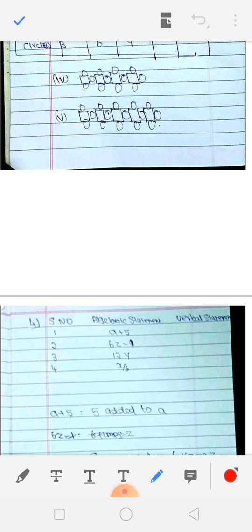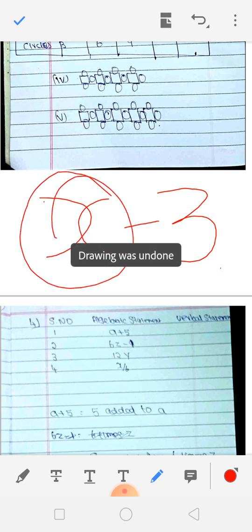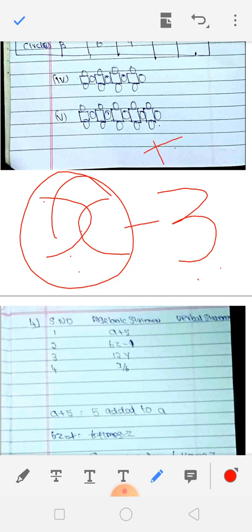Next one is the same thing, suppose x minus 3. So x plus 3 means the 3 is added to the x. x minus 3 means the 3 is subtracted from the x, okay, correct? So add means added to that variable, minus means subtract from that variable. Add means add to that value, subtract means subtract from that number, okay? Because that's the only possible term.